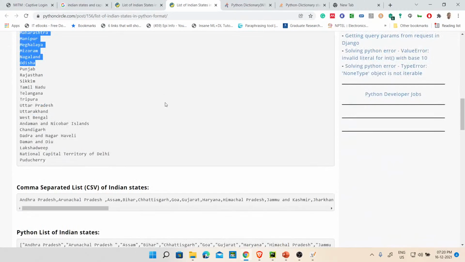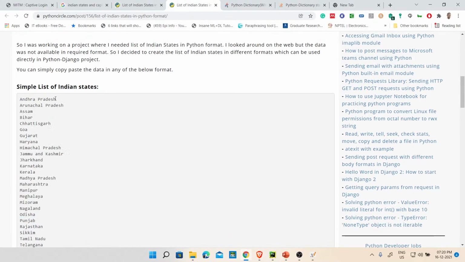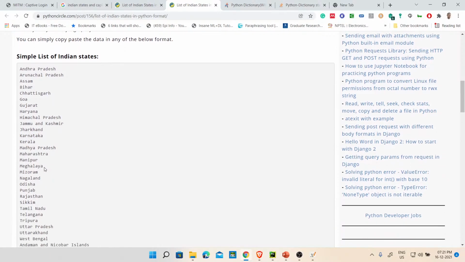After that, we go and kind of format this, because if you ask me the capital of Andhra Pradesh, I don't know, is it Telangana or Hyderabad? I don't know. Arunachal Pradesh, I don't know. Assam, I don't know. Bihar, Goa, okay. Jammu and Kashmir, I think, I don't know. Karnataka, I know, is Bangalore. Kerala, I think, is Trivandrum, and things like that. Meghalaya, I think, is, I don't know. I don't know.